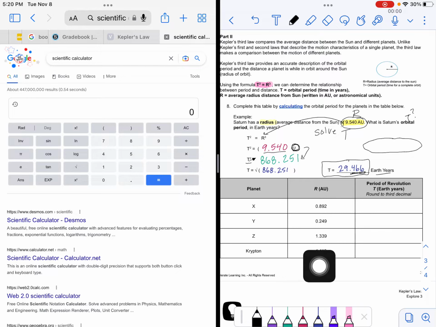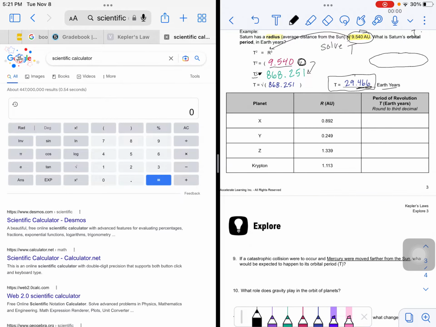For each of these, we are given the R value, just like we were up here for Saturn. So all of our solving is going to be the same, starting with plugging in R, cubing, taking the square root to get our final answer for T. So here's our first value. T squared equals R cubed. That's where we begin. Our R value gets placed right here. T squared equals